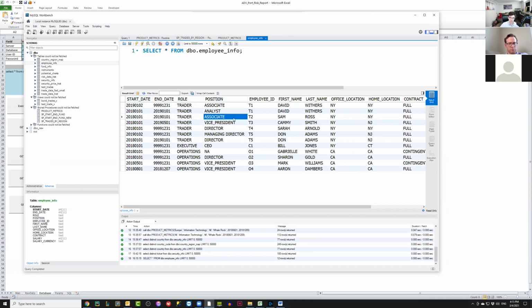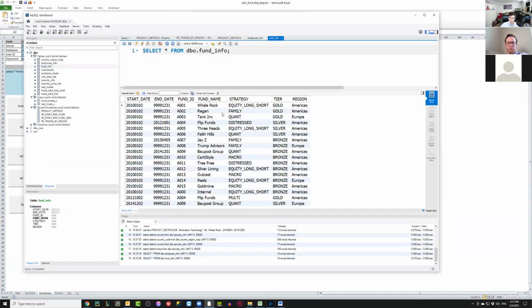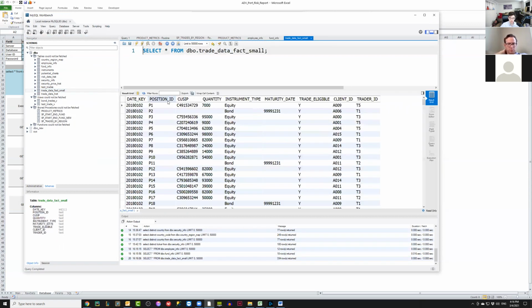But when we have this data set, which talks about employees, then I have this data set that talks about our clients. You can see the client IDs, their names, the strategy of the client, what tiering, what region they're based in. And then we have a trade table, and this shows active trades that are happening. We have traders making the trades for certain clients, what type of instruments they're trading, how many shares they're trading of it, on what day.